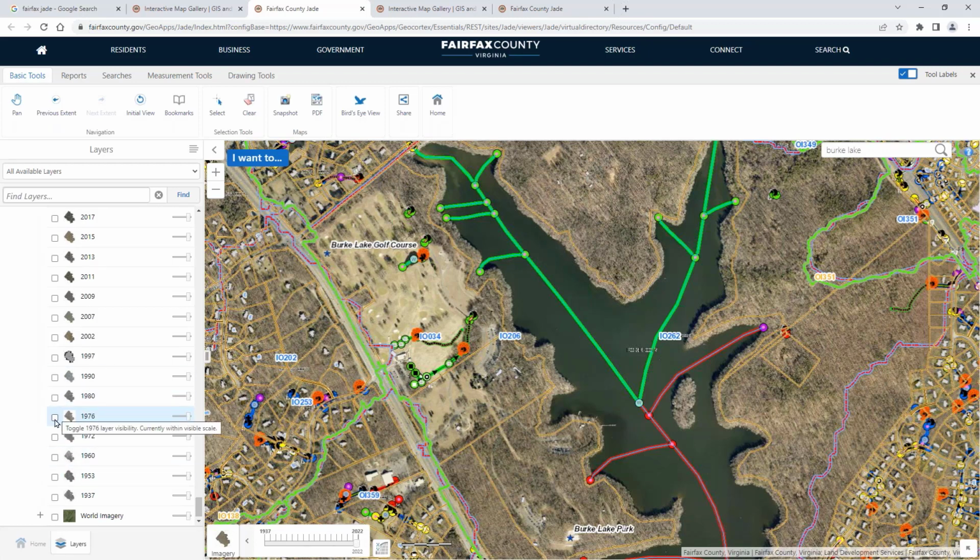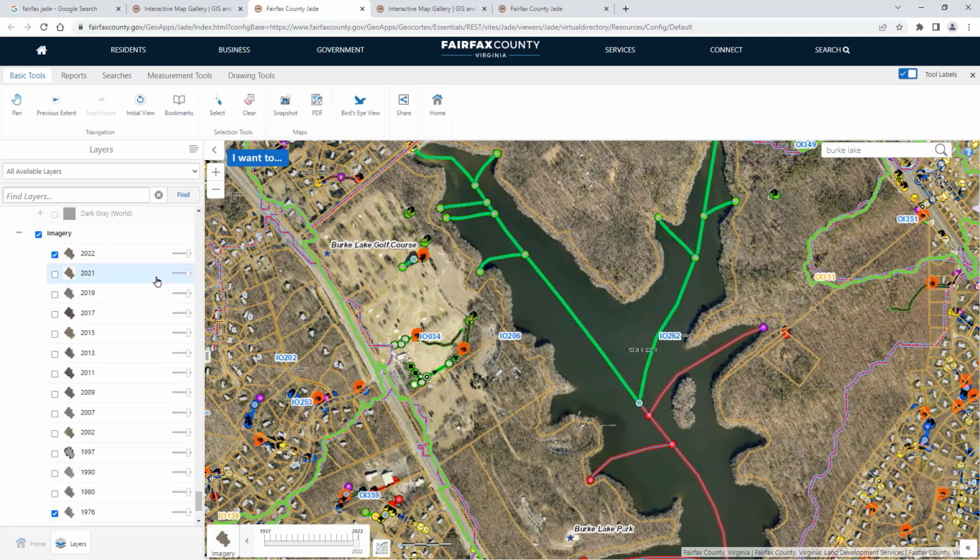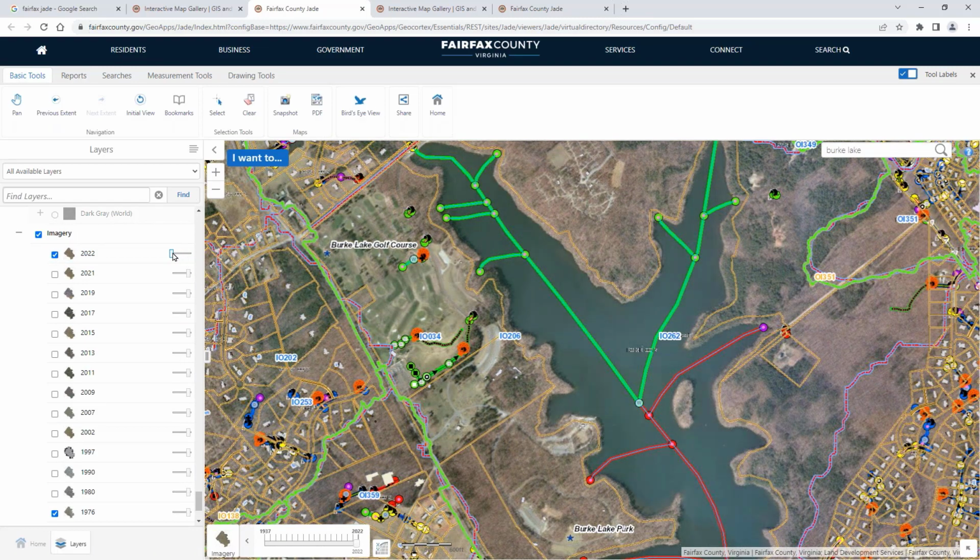So I'm going to have two layers of imagery turned on. So I've got 1976 and 2022. And like I alluded to earlier with the transparency, you can take this slider bar and make the current imagery